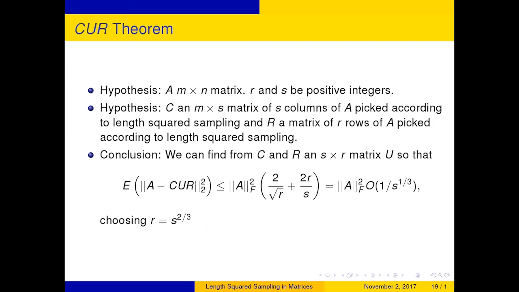So again, we have an m by n matrix, and R and S are any integers. Actually, they don't have to satisfy any conditions. This is true for any R and S. We have length squared sampling of columns and length squared sampling of rows. Then we can find a matrix U, S by R now, not S by S, to put in the middle so that this is true for spectral norm. There is a result for Frobenius norm, which I won't state, but